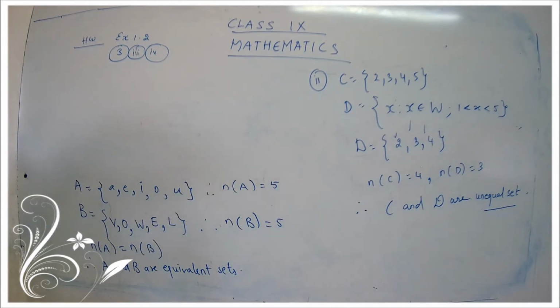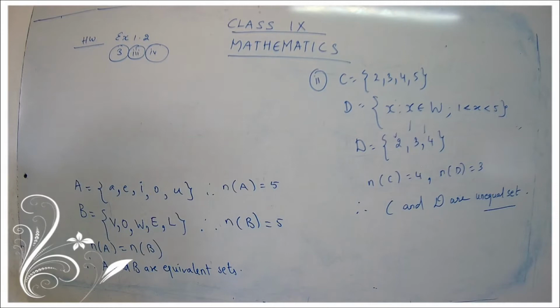Let's come to the fourth subpart. G is equal to {x such that x is a prime number and 3 < x < 23}. So you know the prime numbers. We have listed all the prime numbers between 1 to 100. Yes, children? So you write down the prime numbers between 3 and 23. Between means do not take 3 and 23. Write down the remaining prime numbers. Okay, and then you have to count the numbers.